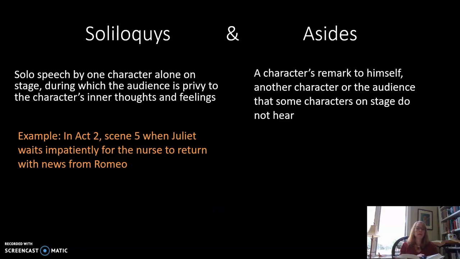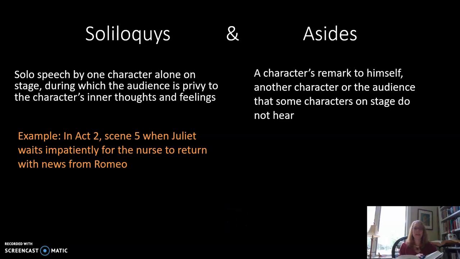There are a lot of soliloquies in the play, mostly by Juliet, a few by Romeo, one by the friar. I'll just give a few quick examples. In Act 2, Scene 5, when Juliet is waiting impatiently for the nurse to return with news of Romeo, and she talks about how lame the nurse is and how slow, we get this inner rant. It's her inner turmoil while she's waiting. It also helps to characterize Juliet as a very impatient child,